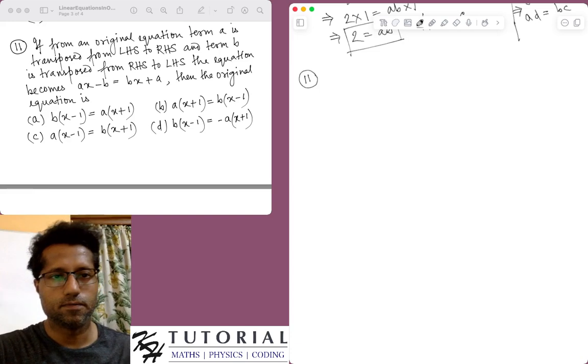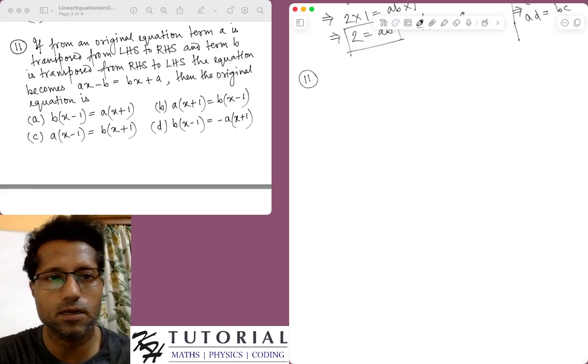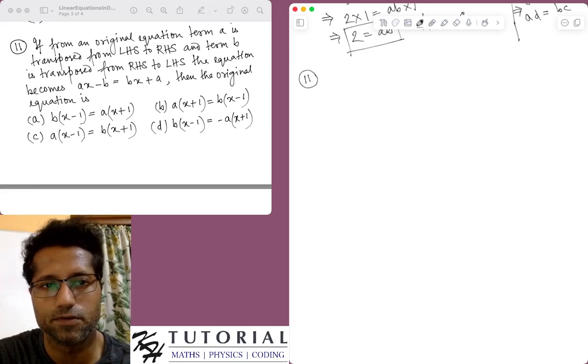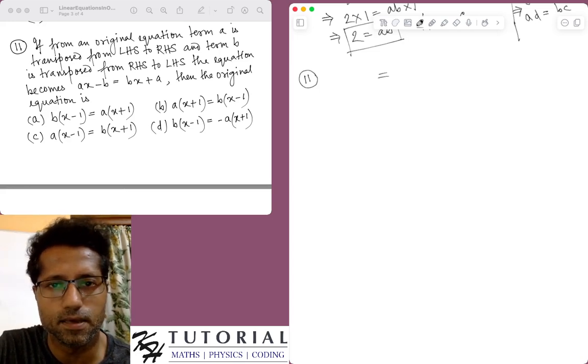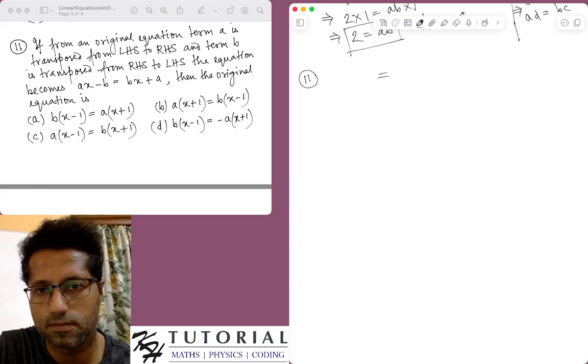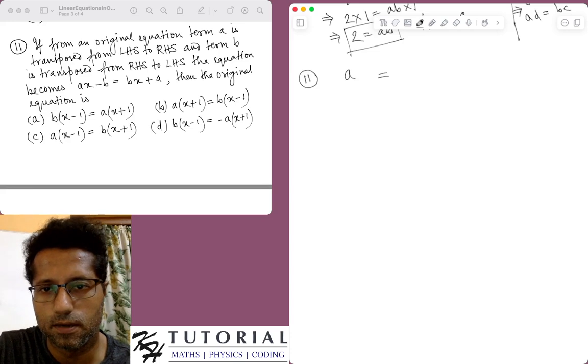So from the original equation, the term A has been transposed from LHS to RHS. A was in the LHS, and it was transposed to the RHS, so definitely it would